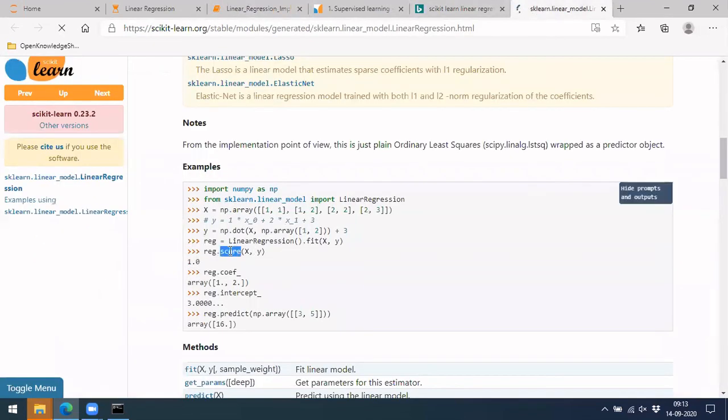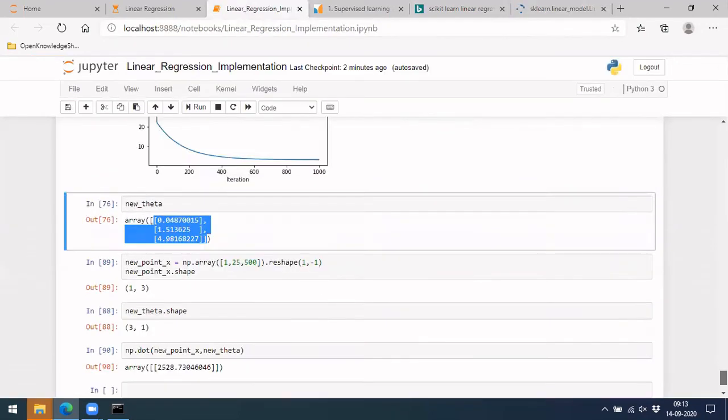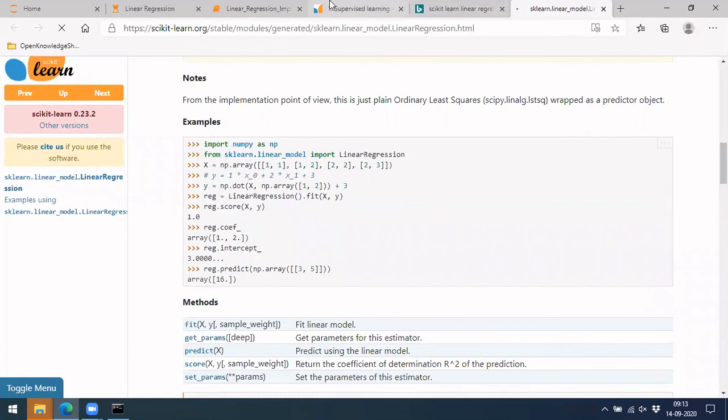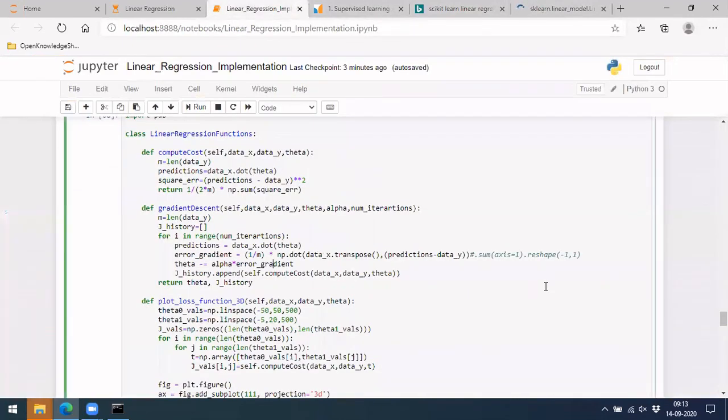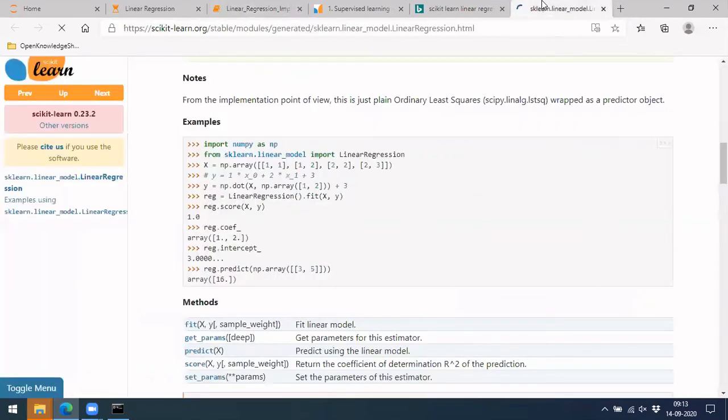If you want a prediction for a newer value, you can do dot predict and then give the new values. You are going to get the prediction value. Okay, this is how we are going to do here. The same thing which we have implemented is similar, but maybe we have implemented it only for linear regression. Here, similar things will be implemented for many different algorithms. We'll also see this, but it is always good to learn by ourselves how these things work internally. That is what this session till now focused on. Okay, so this is about it.